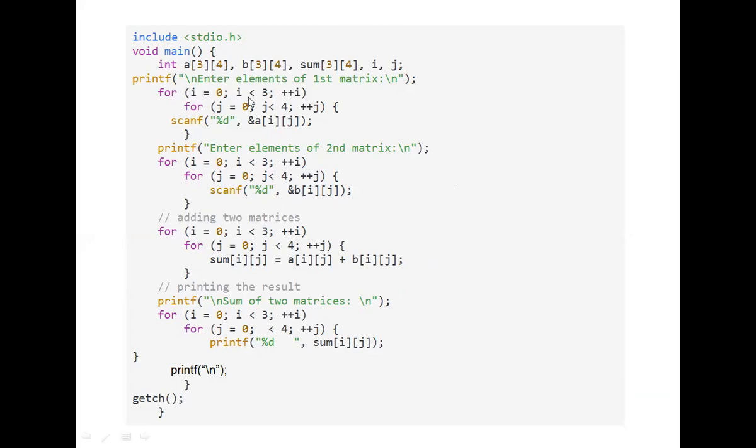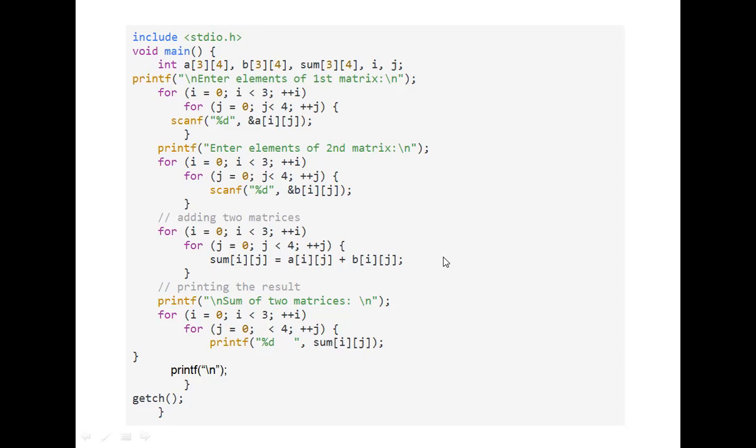Okay, now we are done with entering the elements of the array. We have retrieved the elements of the two matrices, or the two-dimensional arrays which are used to store two matrices. Now it's the time to add two matrices. So what will be the formula for addition? The outer for loop and the inner for loop will be exactly the same, because we have exactly the same number of rows and columns for the third matrix also.